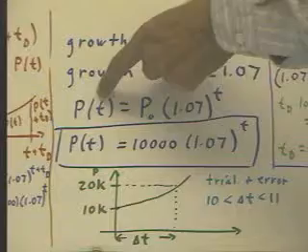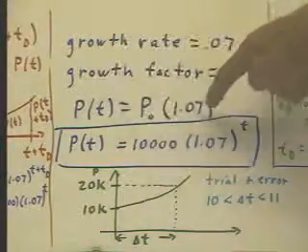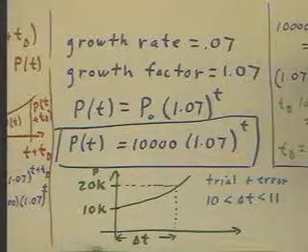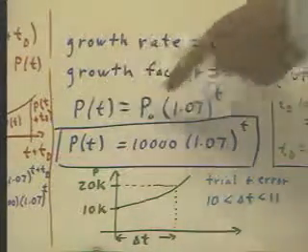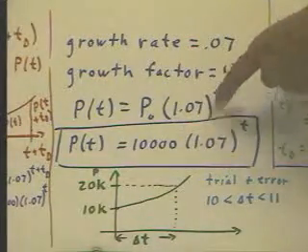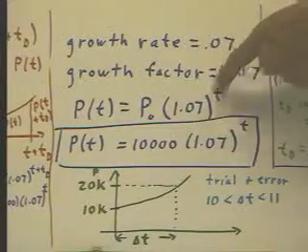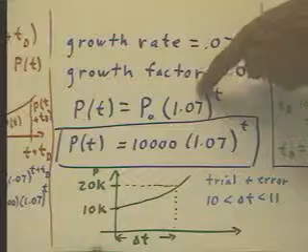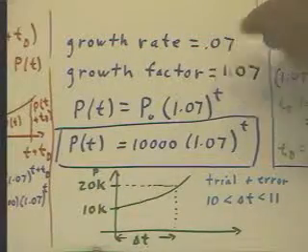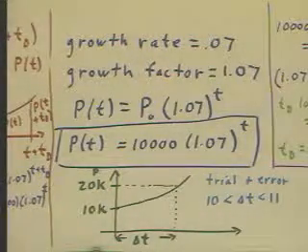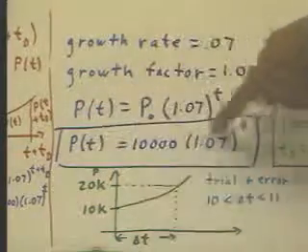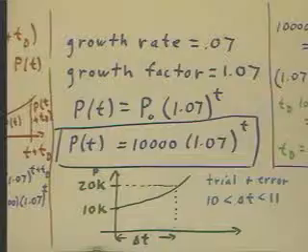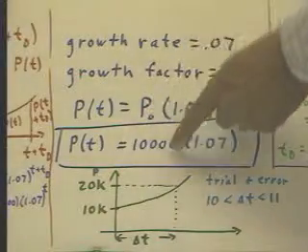And if t equals 2, that means that p of 2 is p naught times 1.07 to the second power. The number of years is the number of times we multiply by 1.07, so that after t years we're going to multiply by 1.07 t times, which is the same as multiplying by 1.07 raised to the t. Our function therefore is p of t equals $10,000 times 1.07 raised to the t, because our initial principal is